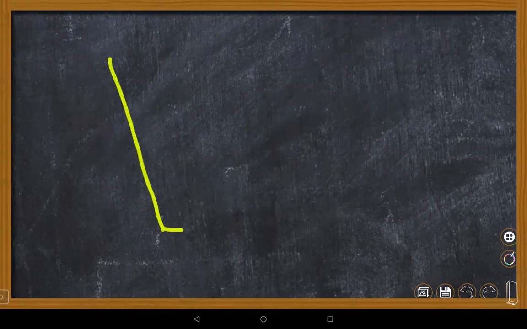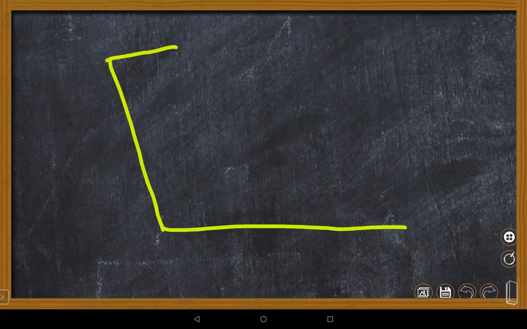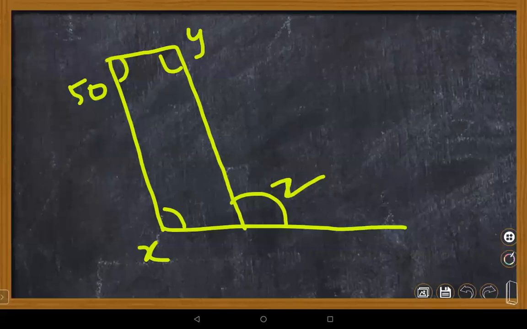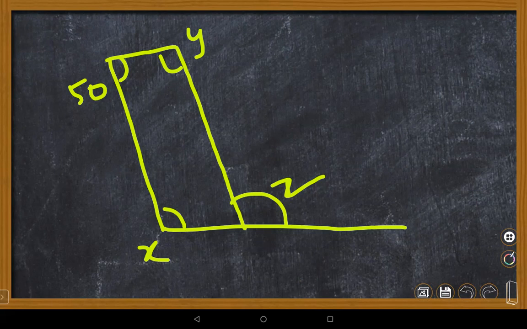Ma'am, I have a doubt. Could you go back? Same figure. Yes, Nana. This is angle 50 given. This is angle Y value given. This is opposite to Y, given as X. This is the exterior angle, given as 130, and not 130 Z. Ma'am, Z is equal to 130.